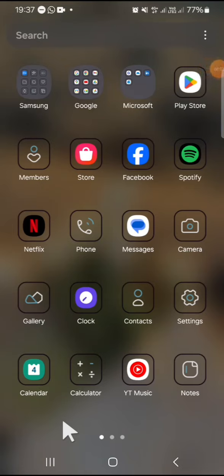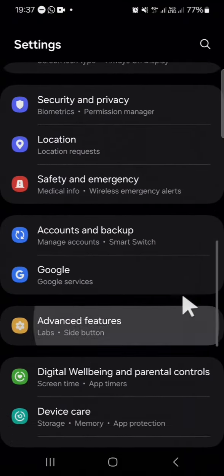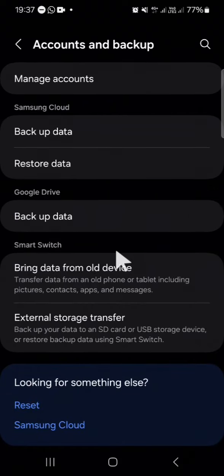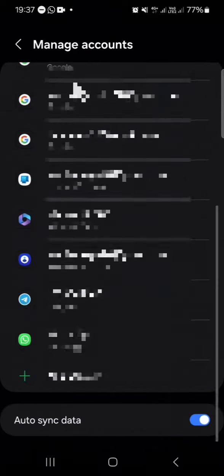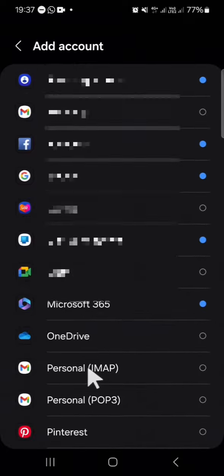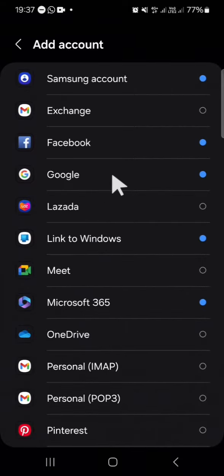In today's tutorial, I'm going to show you how to set up a new Google account on Android device. Okay, first of all, you can go to your settings application on your Android phone and you have to scroll down and click on account and backup. It's over here. On this setting, you have to choose manage account and you can scroll down until you find add account option. Okay, and since we want to set up a new Google account, we can select Google and